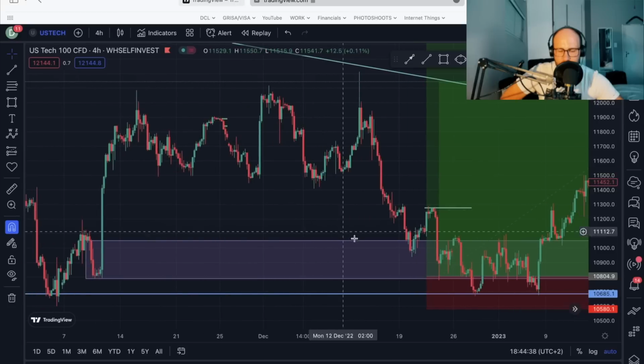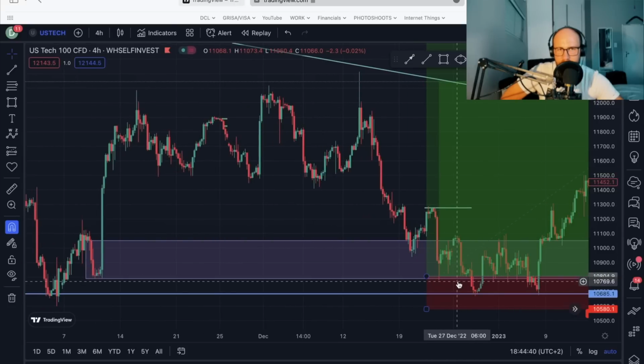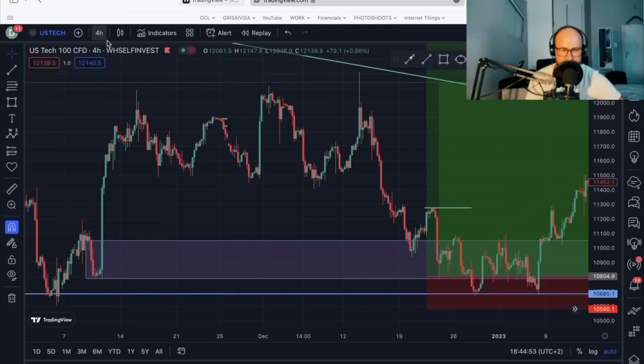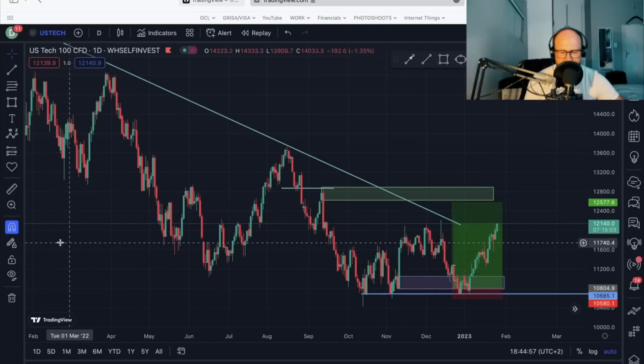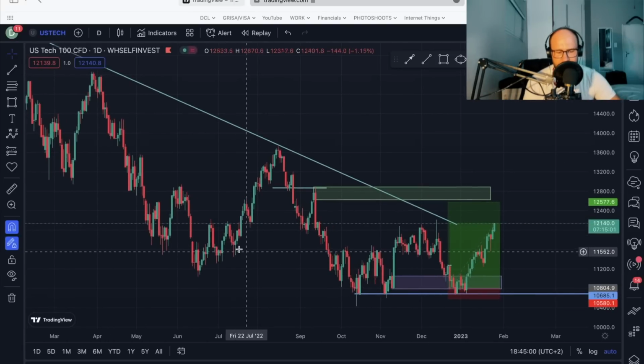Now, why did it come this far down below this box? Because the rule says put your stop loss just below the box. Remember, we didn't get wicks here to give us an area, and I wasn't watching the chart when this happened. I put an order there. But what did I notice? And this is why guys have to be awake when you trade. What did I notice? Even though